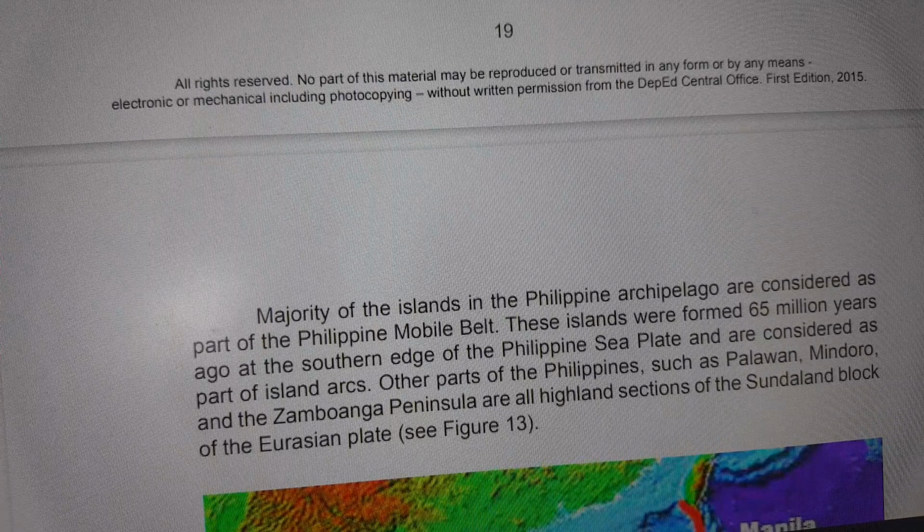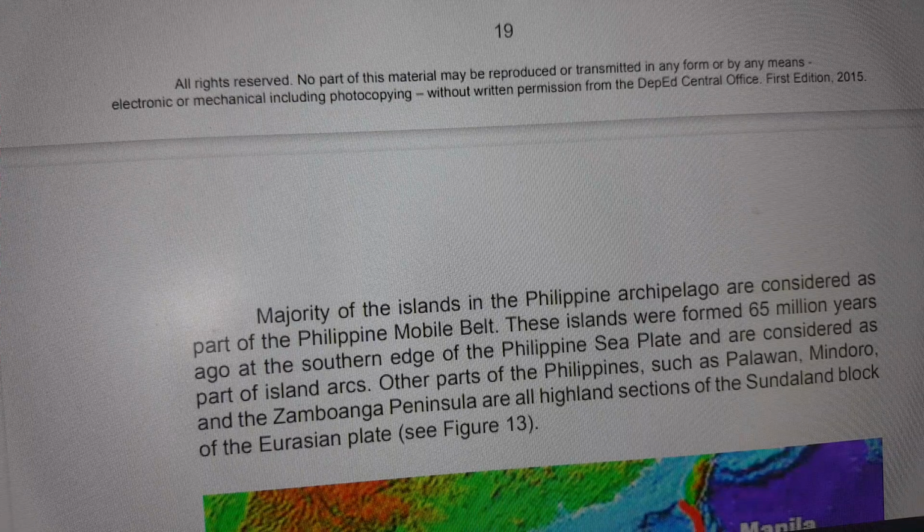Okay. On the formation of the Philippine Archipelago, here in our country, we have so many volcanoes. Do you still remember